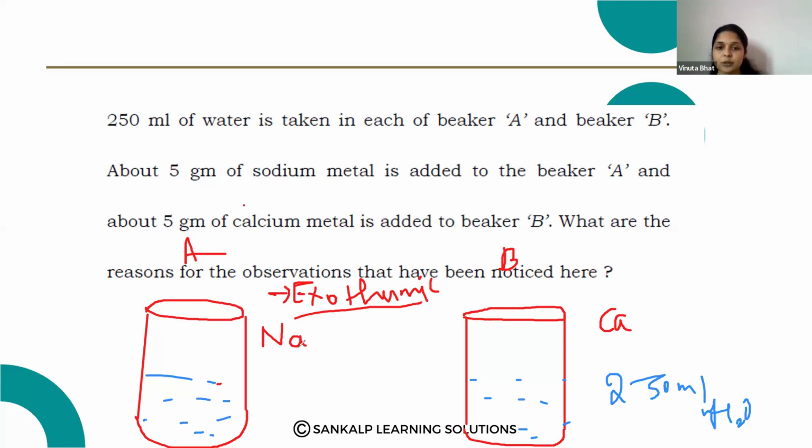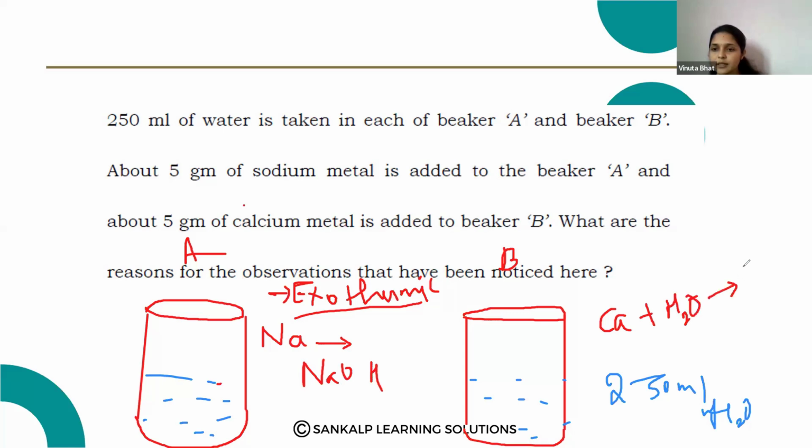So that is the exothermic process, which results in the formation of sodium hydroxide. Then when calcium is added to the